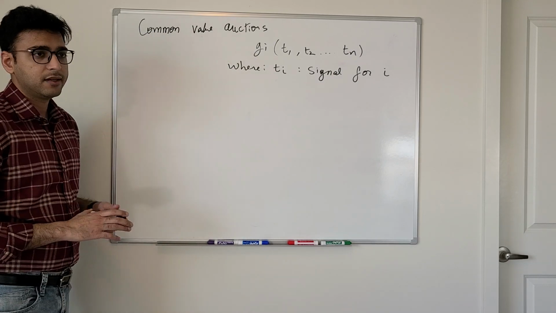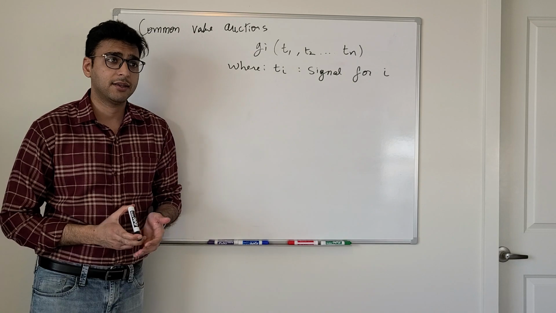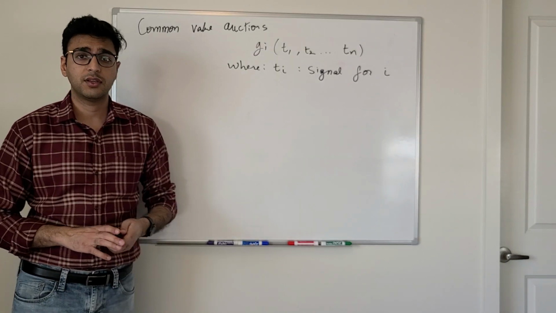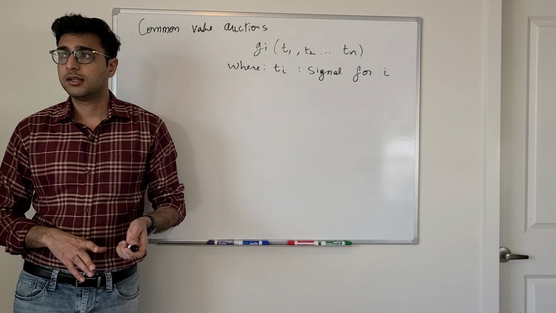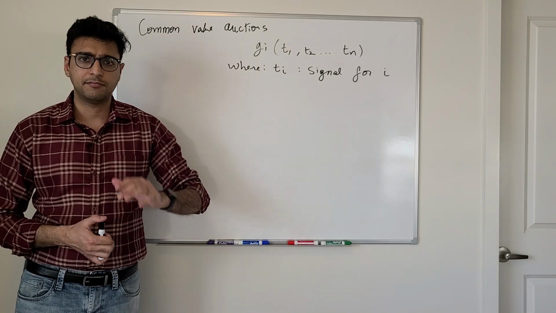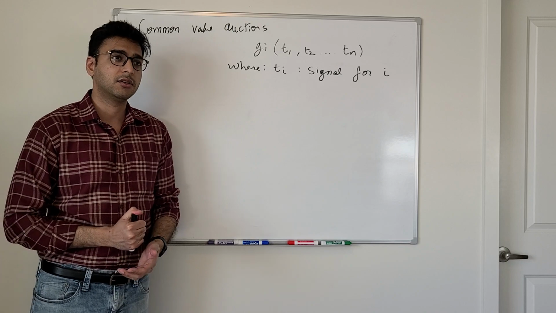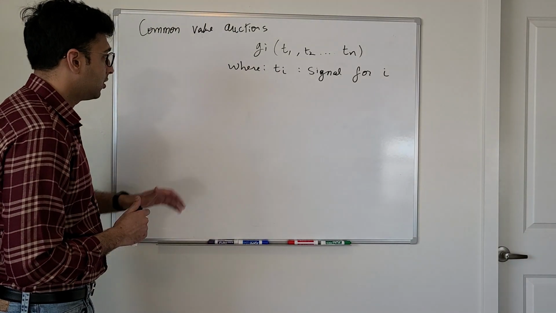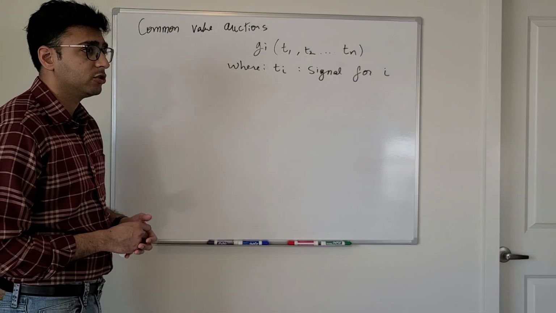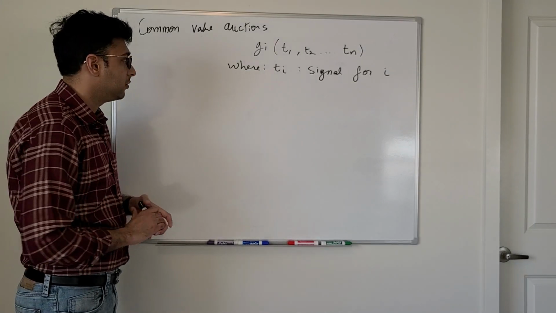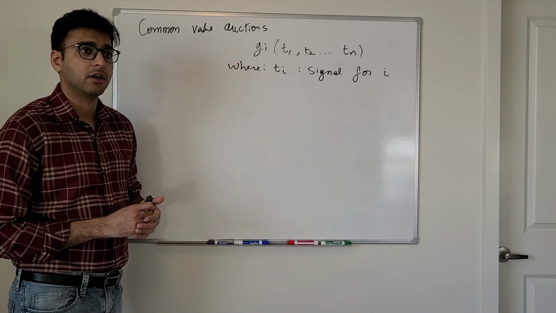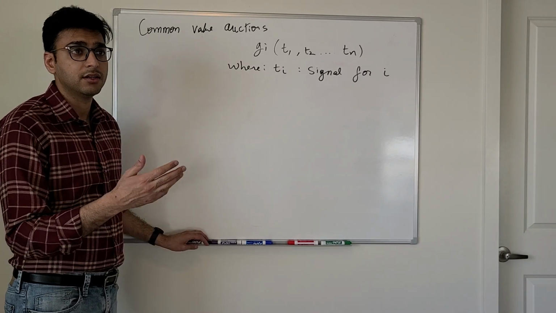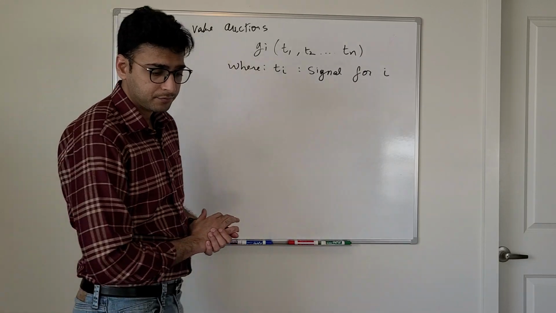This also doesn't imply that everyone has the exact same valuation for the good. That's a special case of this, and that's an example where, let's say, what I care about is the number of barrels of oil that are available in a particular tract. Here, this g_i is more general than that. It merely captures correlation and not exact equality. Exact equality will be a special case.